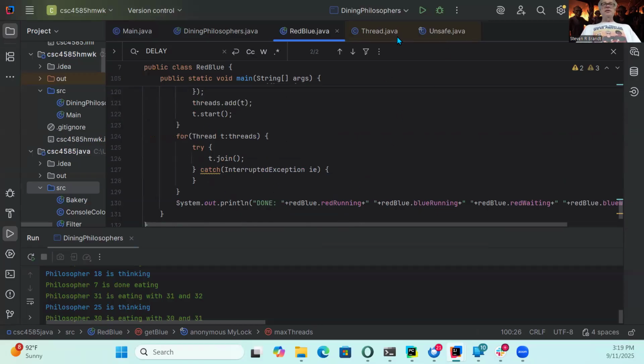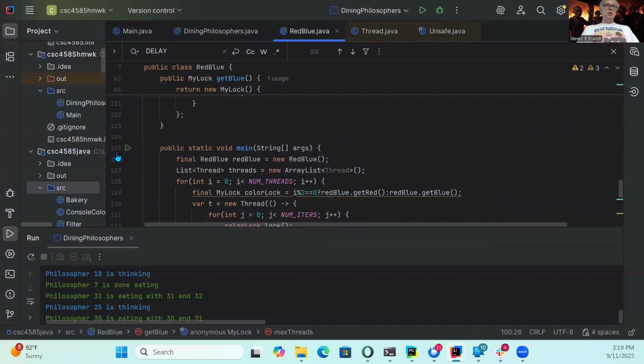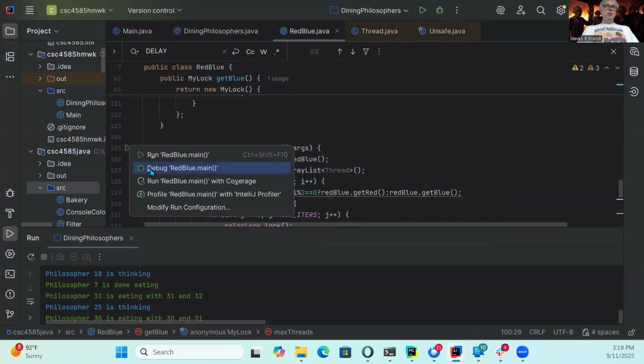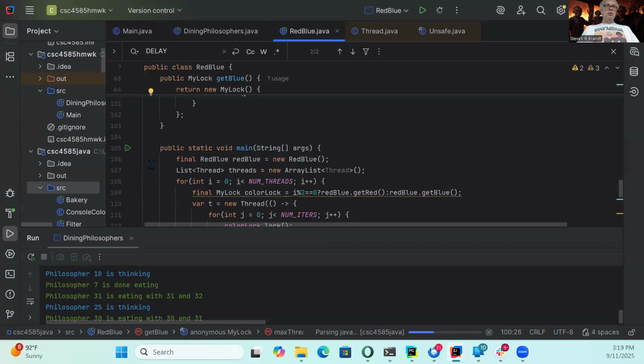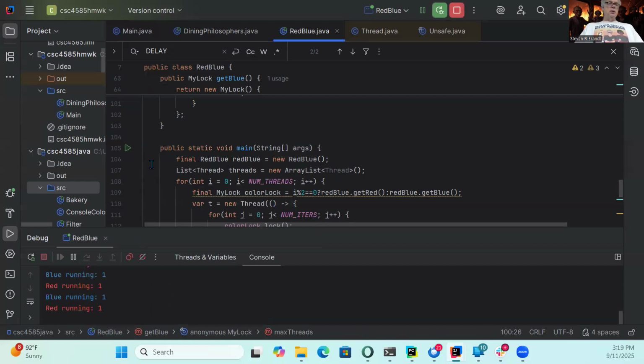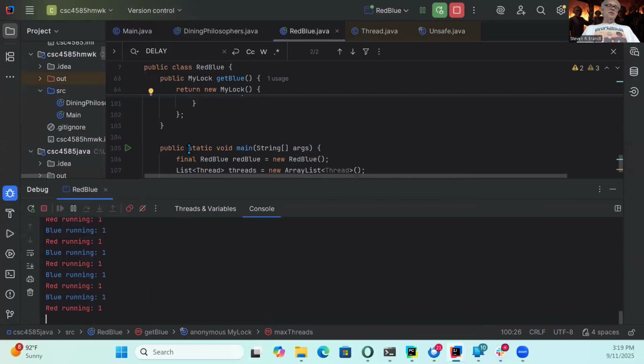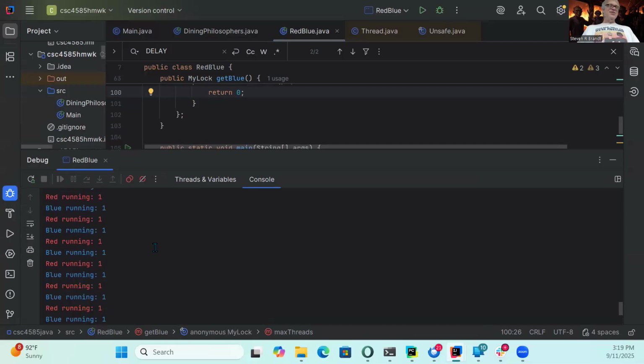So if I run this, it seems like it's too fair. It just goes 1, 1, 1, 1.